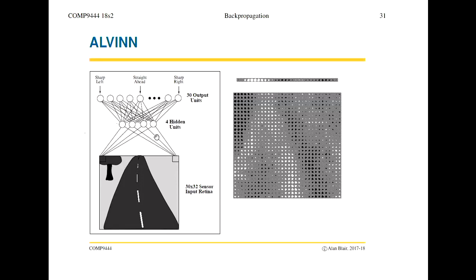Initially they trained it on human data. They got a human to drive the vehicle and made this huge log of input images. Here's an input image, and here's the steering wheel angle that the human chose for that particular image. And here's another image. They created this massive training set based on this, and then they used supervised learning. They had to eventually augment it as well with synthetic data.